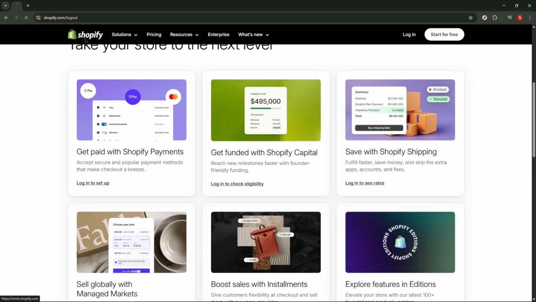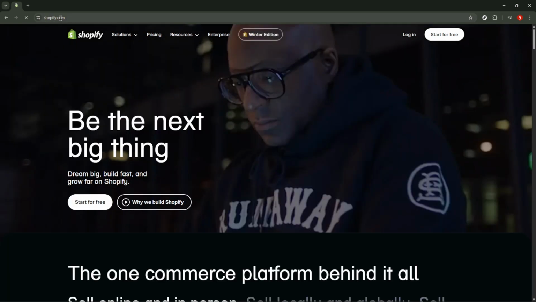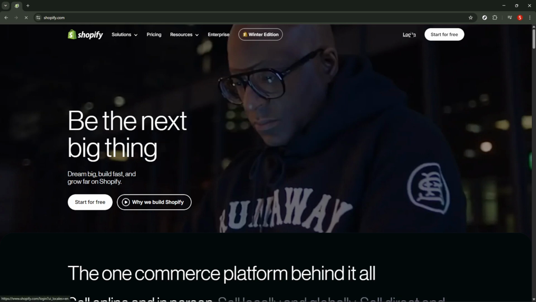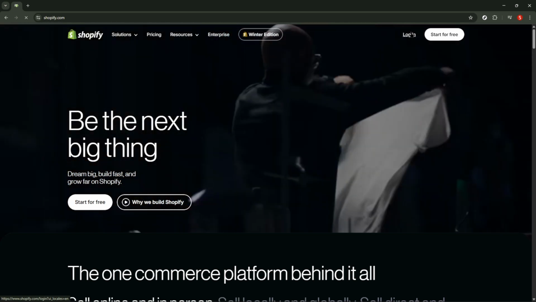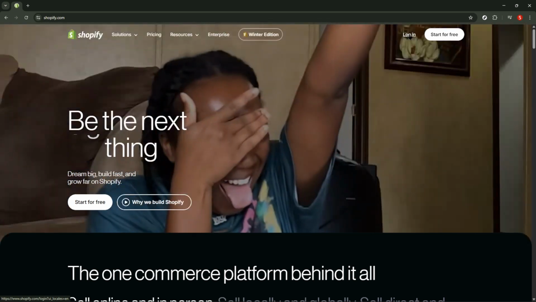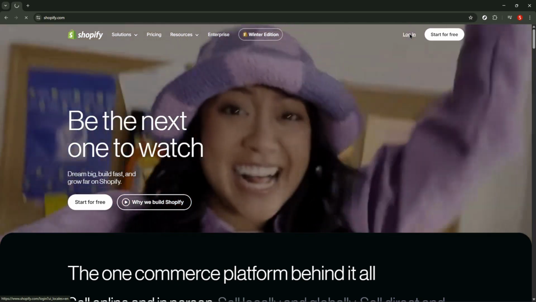First, open your preferred web browser and go to Shopify's official login page at shopify.com/login. This is the safest and most direct route. You can also reach the sign-in screen by typing your store's domain followed by admin. For example, if your store address is yourstore.myshopify.com, you would go to